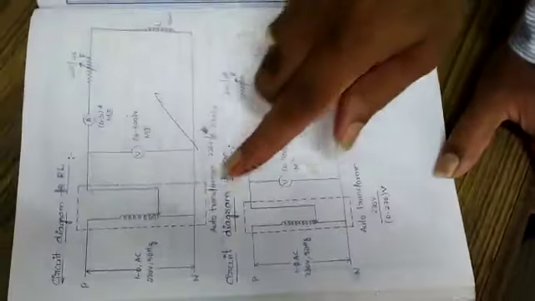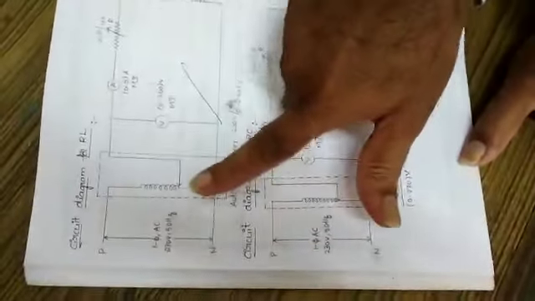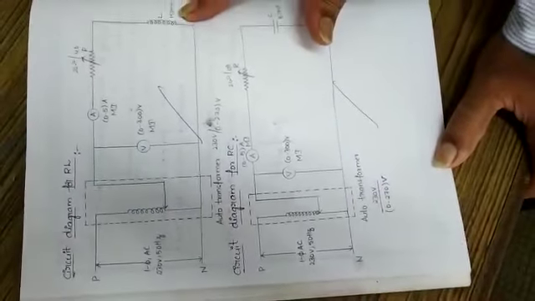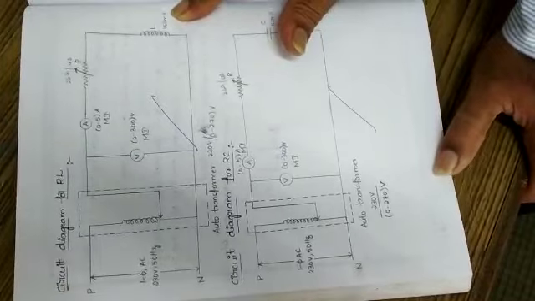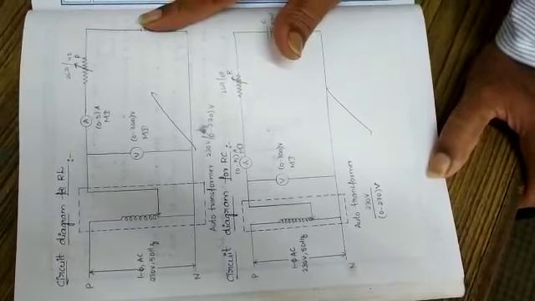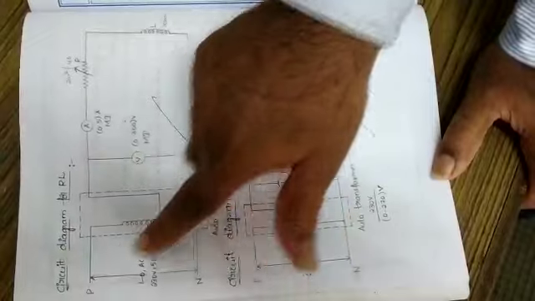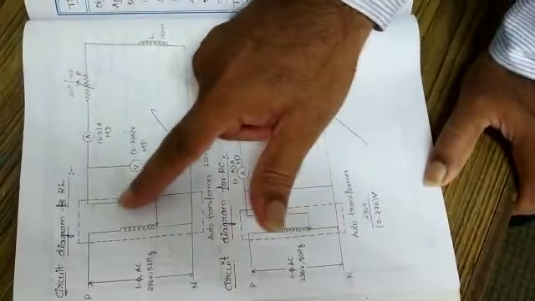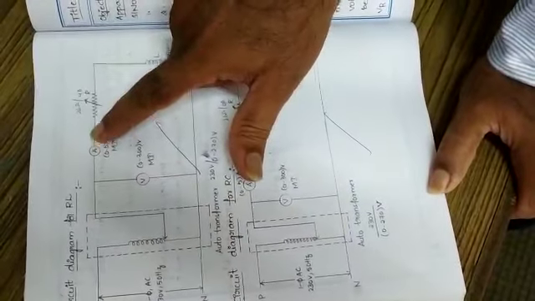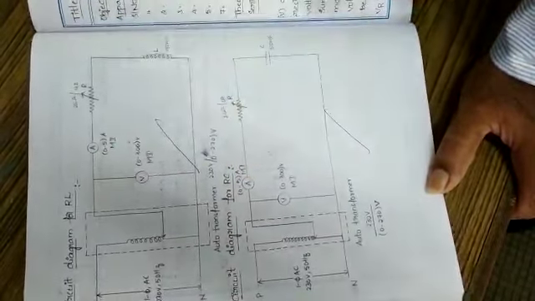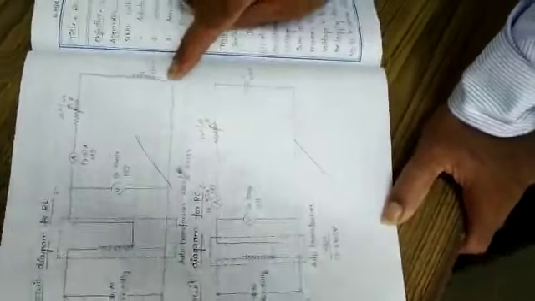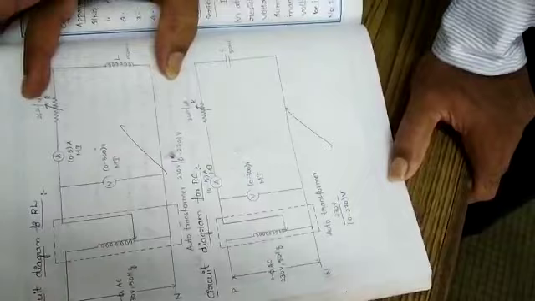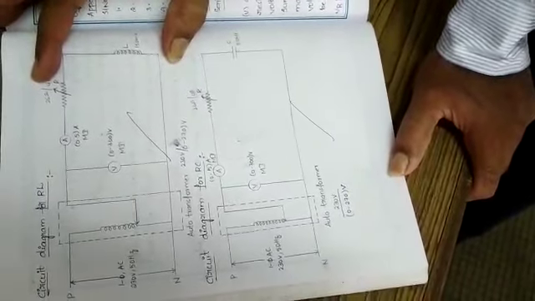In this locus diagram, we use an auto transformer, a 26 ohm 4 ampere rheostat, and a 150 millihenry inductance. The connections are given. The output of the auto transformer is given to the ammeter, and another to the voltmeter. The ammeter's second terminal is given to the bottom terminal of the rheostat, the rheostat to the inductance to negative, and the voltmeter to negative. From this circuit, we draw the curves of the RL locus diagram.